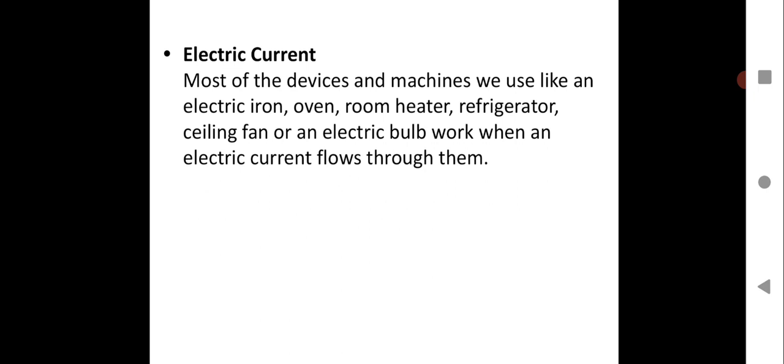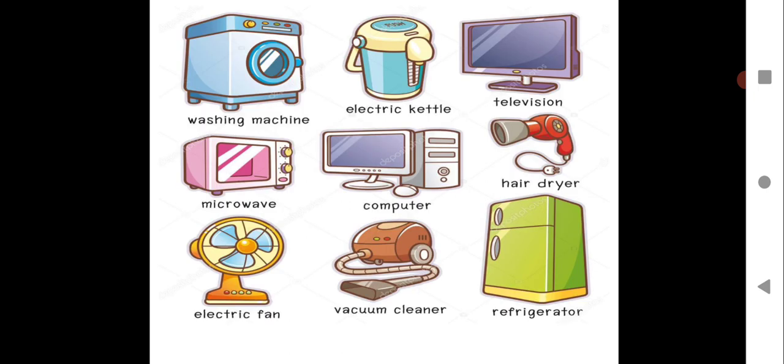So let us see some appliances here which work on electric current. You all know what electric current is. It is a flow of electrical charge in a given circuit, and that is being applied in day-to-day life. So much importance of electric current in day-to-day life. Without electricity you just can't think of life. You can see the application over here, in the image shared with you all.